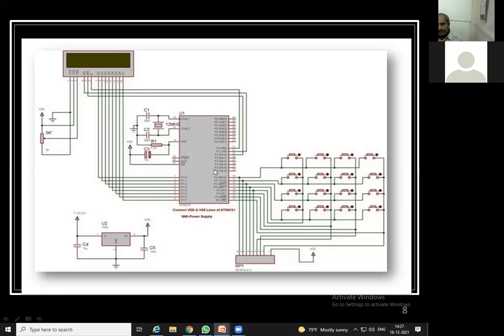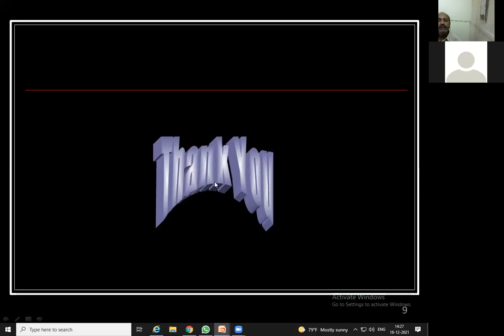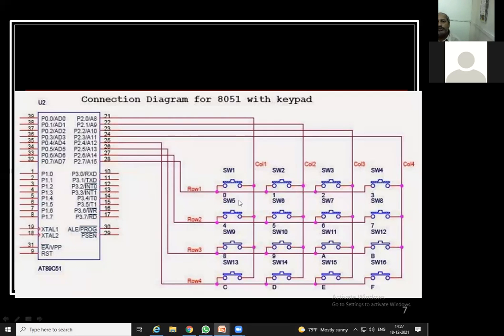The ports are a little unclear here, not clearly visible, but when we do the actual practical session, we will definitely get to know which pin is used where. So this is how the keypad is actually going to work, and that is explained over here. Additionally, we will come to know how it works. Now let us get the logic behind how this keypad works.